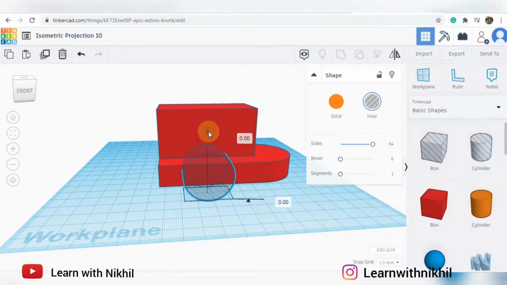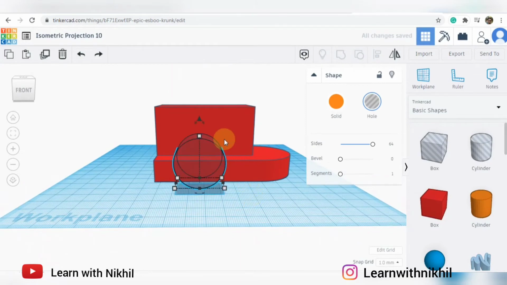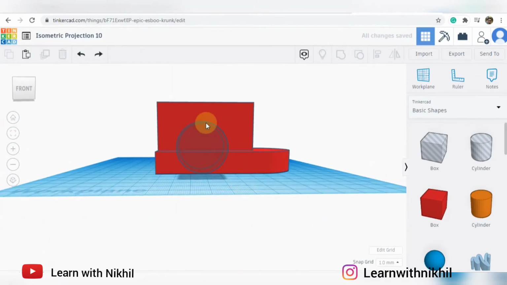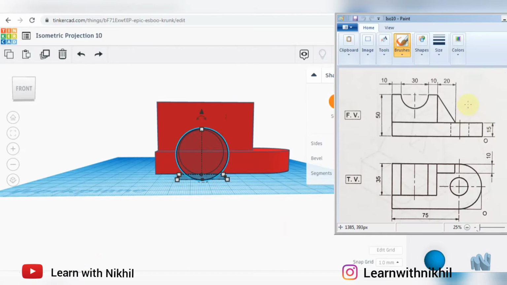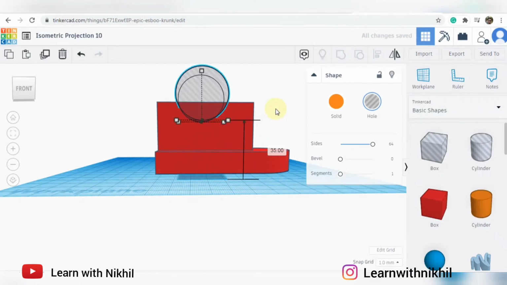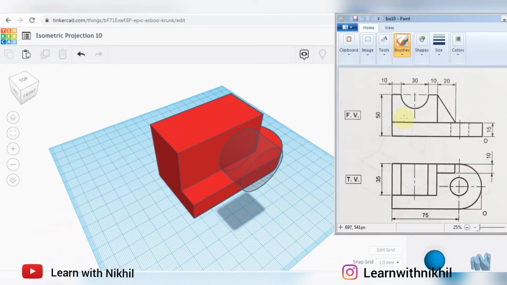So center we have to get it at a height of 50, minus 15 as the radius is 15. So if you want to get at the center, that will be simply 50 minus 15, that is 35. So increasing that will get me at the center.